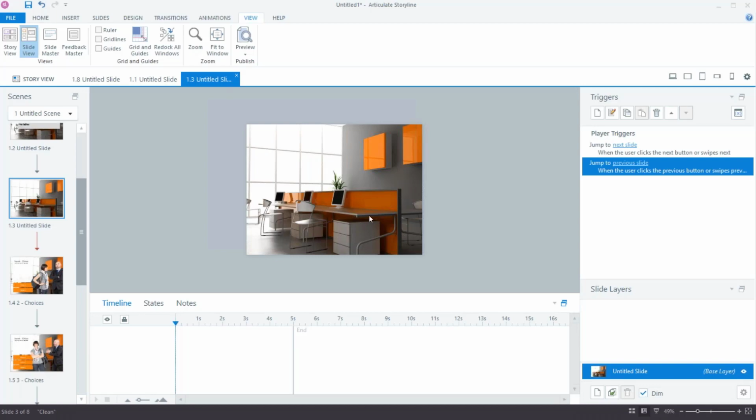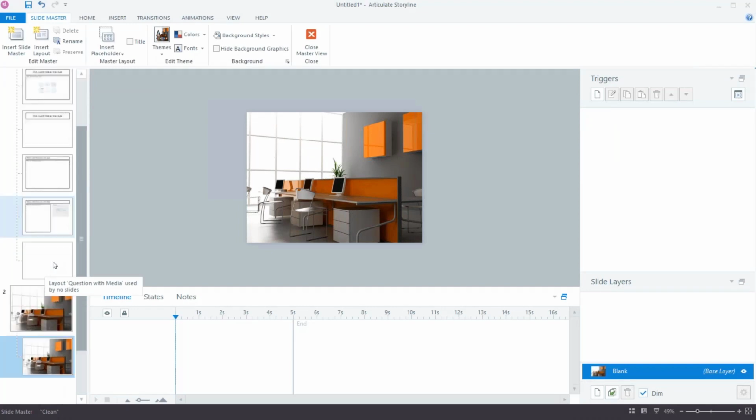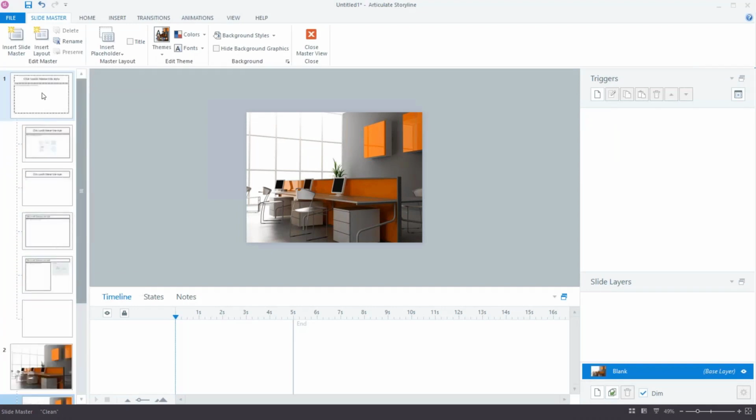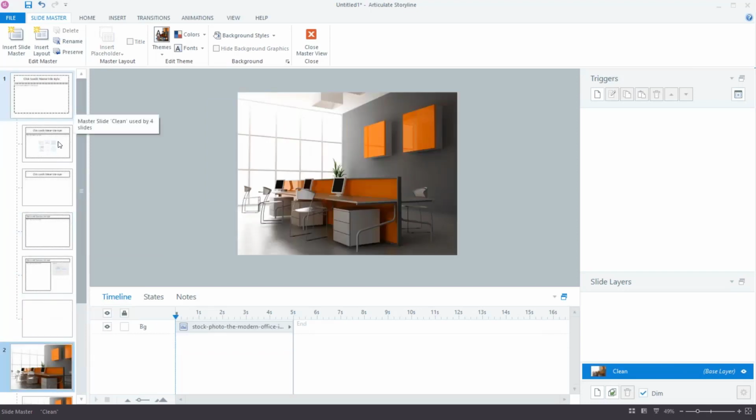Good. So one thing to know about Storyline is there are 2 different kinds of slide masters. There's what we call a slide master, which is probably what you're used to if you've used PowerPoint or other tools similar to Storyline. There's also a feedback master. So your slide master is just that. It's the master slide for your slide, and within each slide master you have the top level master, which is where a lot of the look and feel is controlled, and then underneath that you have layouts.